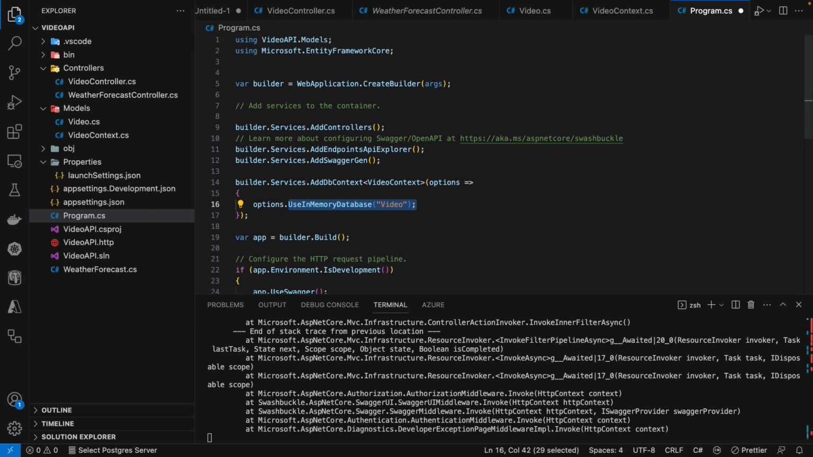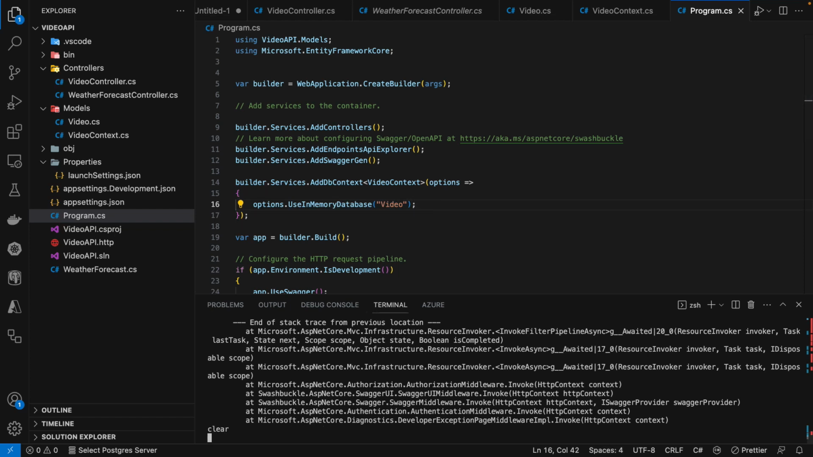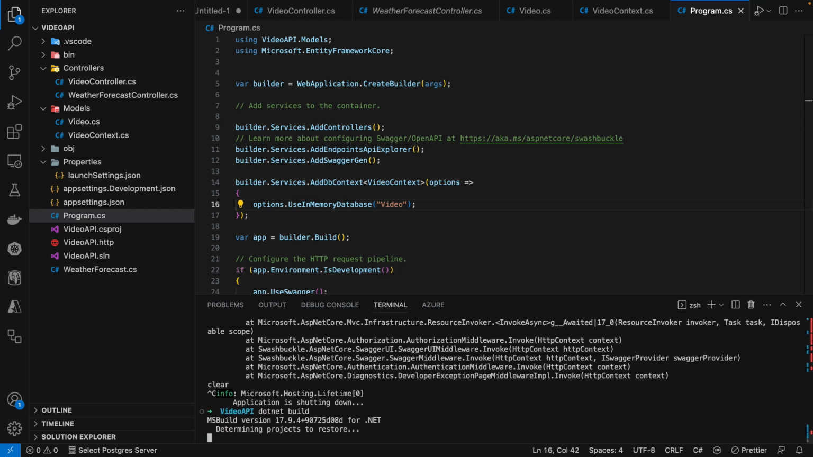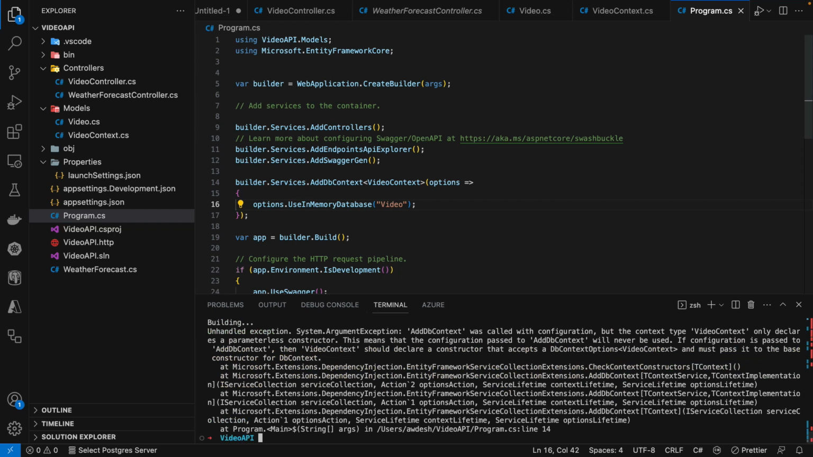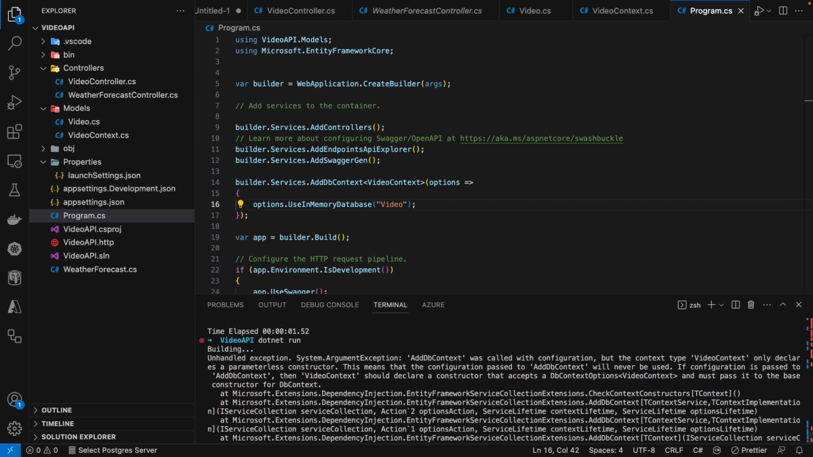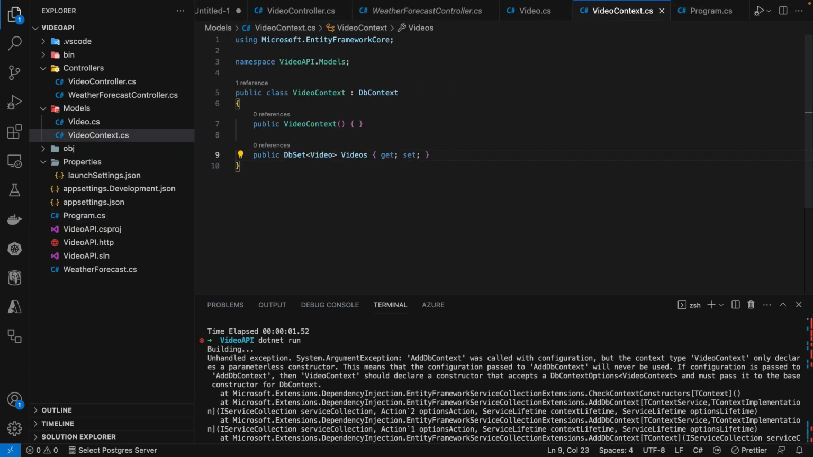Let's see if I need to, let me save that, clear, .NET build again, .NET run, and DB context is called with configuration. Context, video context. Alright, so I think it doesn't like that, so let me go to